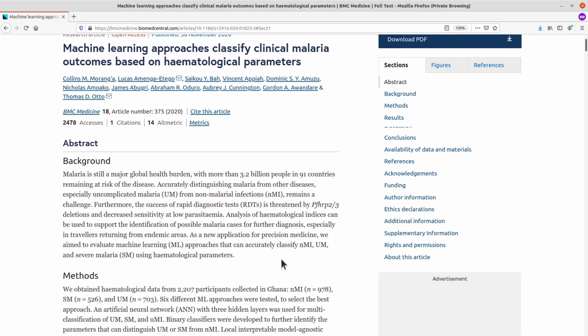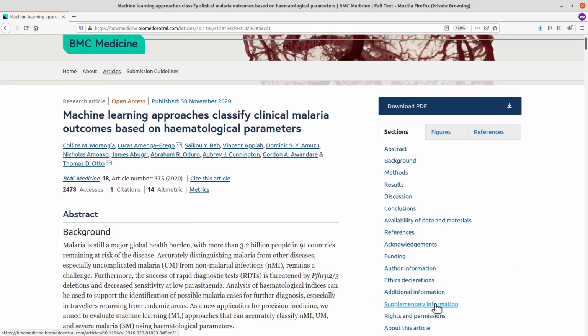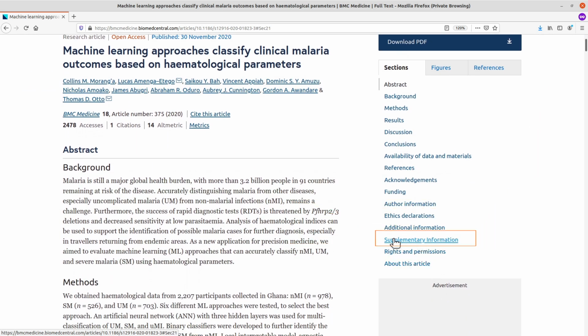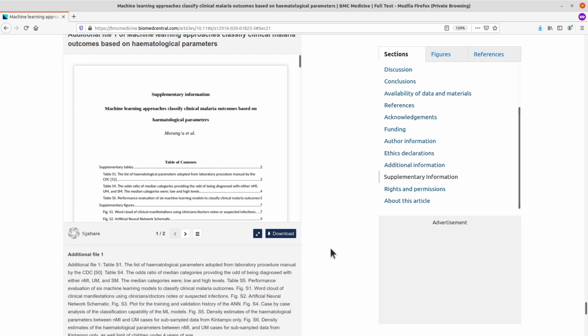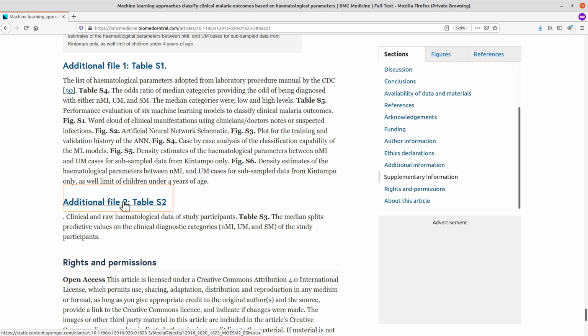So on the page, scroll down and then come to the right side here. Search for supplementary information, this one here. Once you find it, click on it, and then you'll be sent to another section. On this section here, scroll down until you see this line here, additional file 2. Once you see it, click on it,